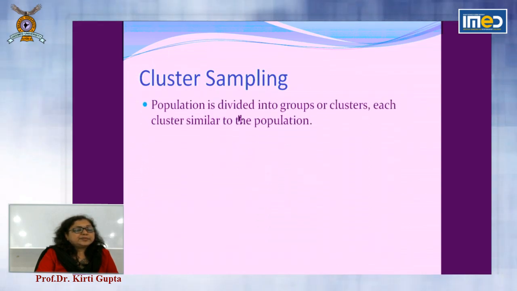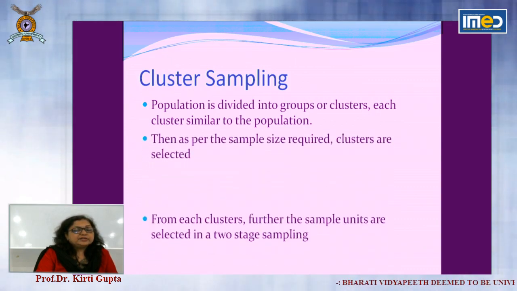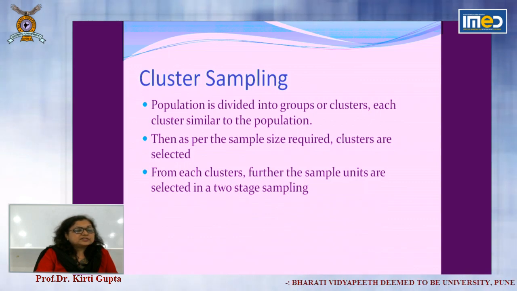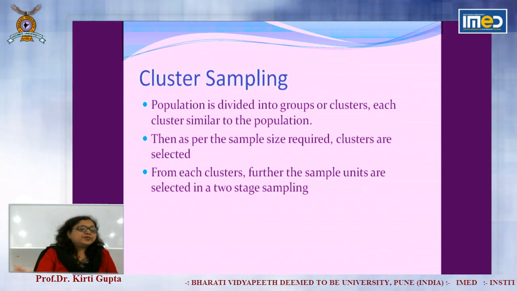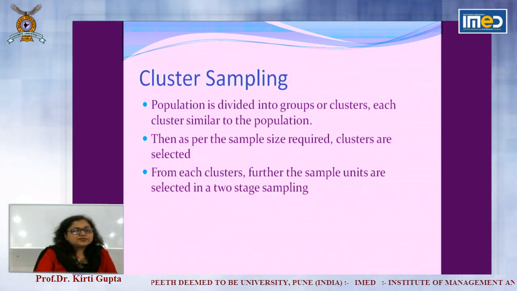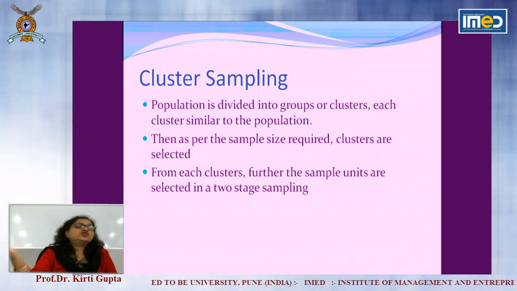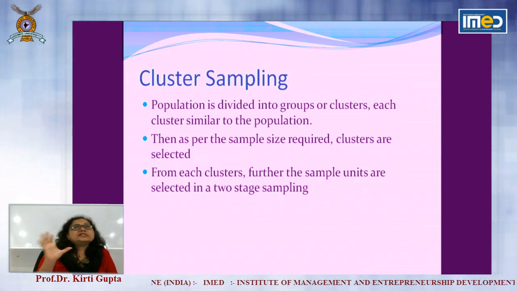In cluster sampling, population is divided into groups or clusters. Each cluster is similar to the population. Then, as per the sample size required, you select one of the clusters. Then in the second stage, you select the number of units required. Cluster sampling is very useful when the geographical area is very large or you're not able to concisely deal with